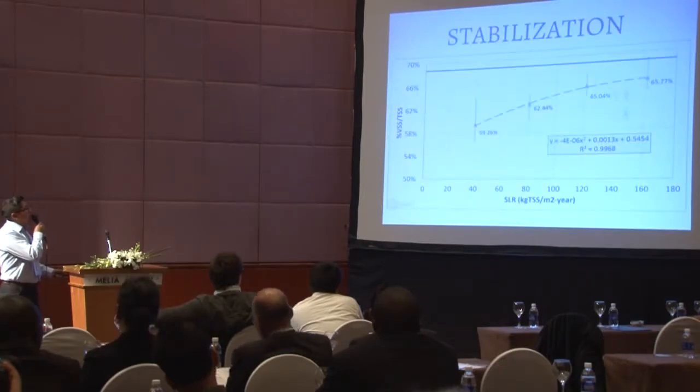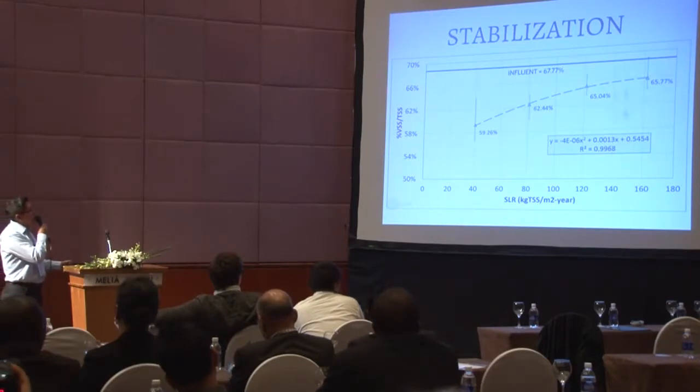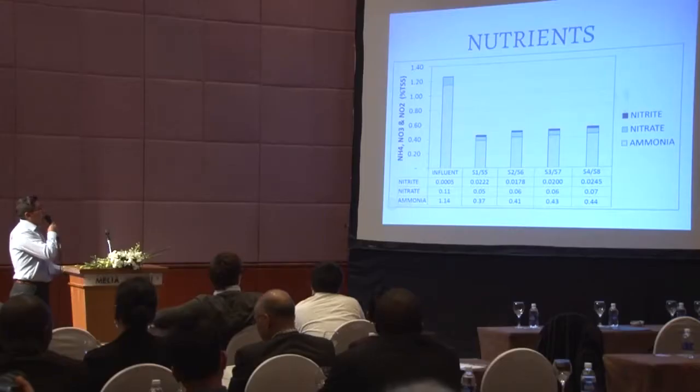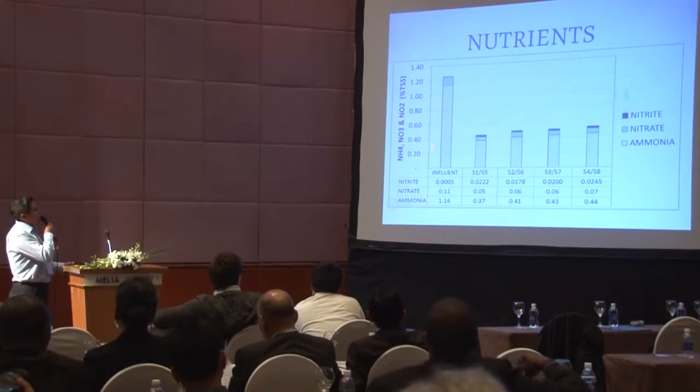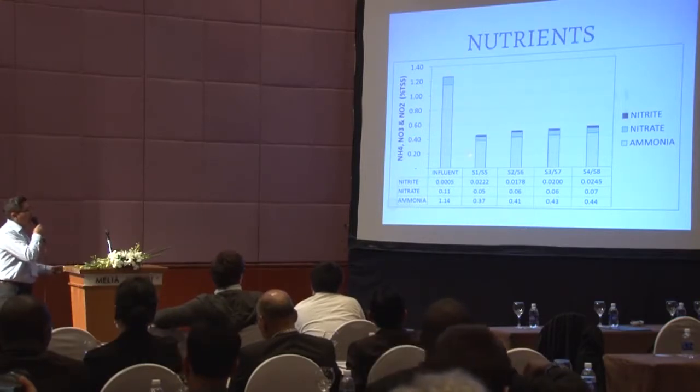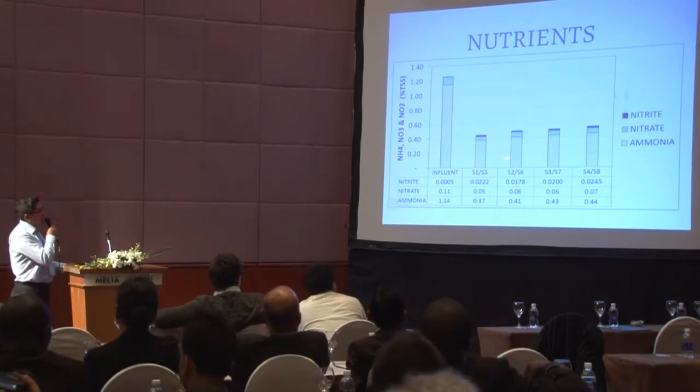And also we checked the stabilization. You can see the influent, it was around almost 70%. It was reduced at different loading rates. At low loading rate, of course, there is more reduction, more stabilization of the product. About the nutrients, this is the quality, the amount of different components of nitrogen, at different loading rates, what we found in the experimental units. These values are similar to other materials like compost published in scientific papers.